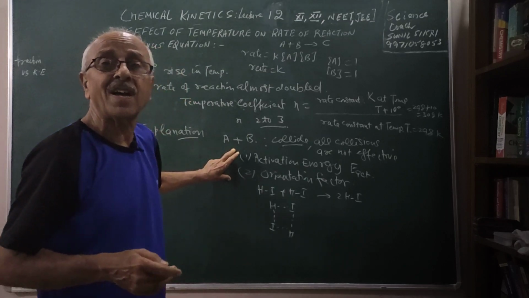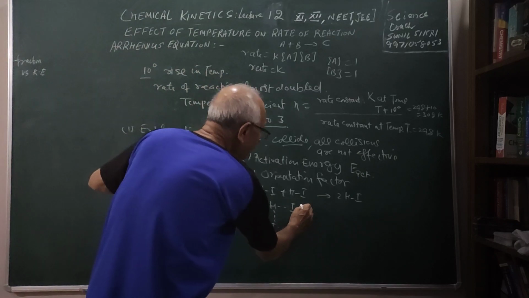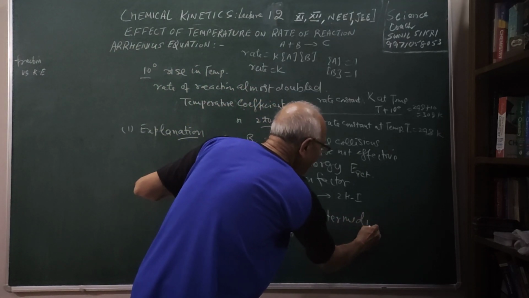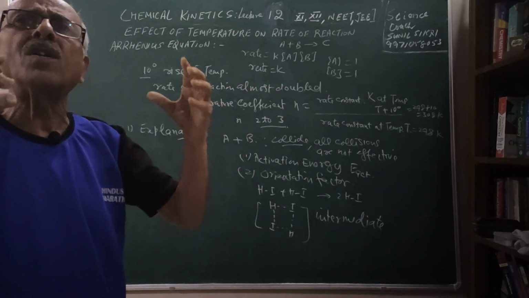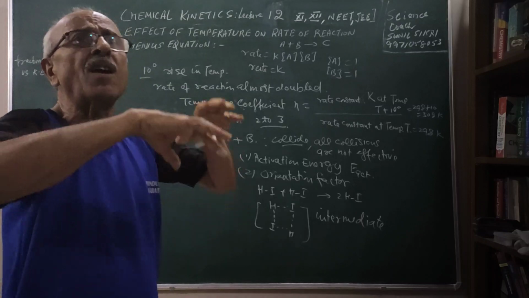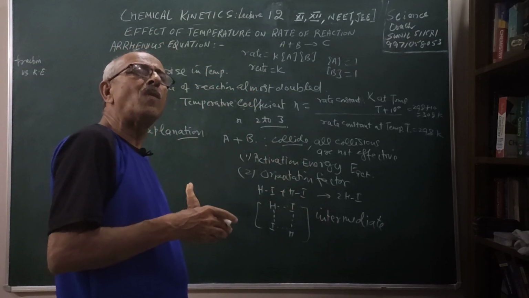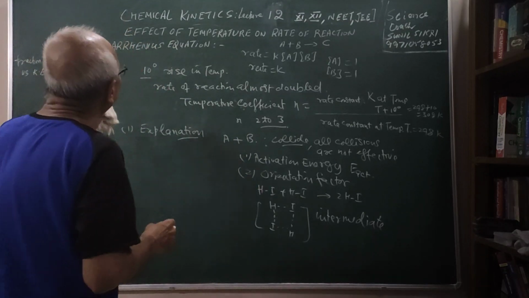So these two factors are important whenever a reaction takes place, and this is what we call an intermediate. That means the reaction proceeds through an intermediate. There is a breaking of the bond, there is a formation of the bond, and after the intermediate is formed, then it can form the products or it can go back to the reactants. What I am trying to show you is like this.